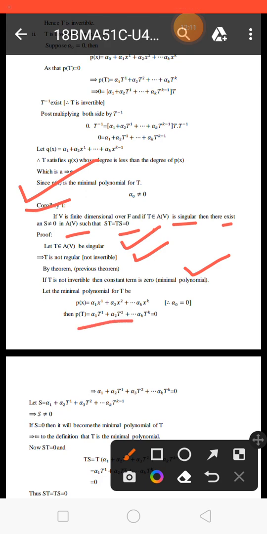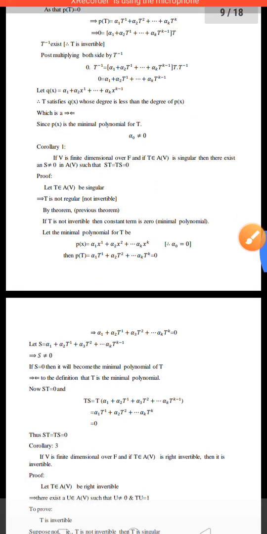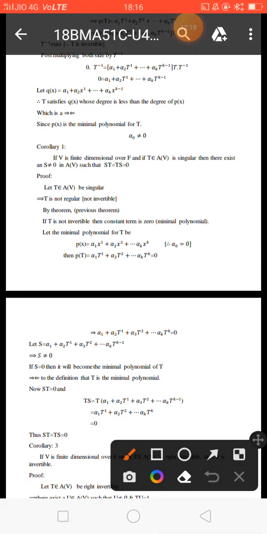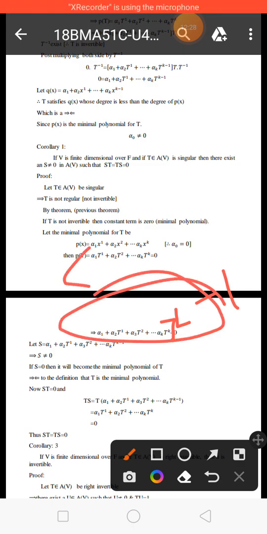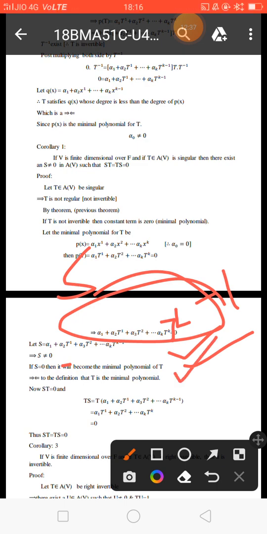So p(T) is alpha_1 T plus up to alpha_k T^k equals 0. Then (alpha_1 plus alpha_2 T plus up to alpha_k T^(k-1)) T equals 0. Let S be this part, and S is not equal to 0. If S equals 0, then it would become the minimal polynomial for T, which is a contradiction to the definition of the minimal polynomial. Now ST equals TS equals 0,